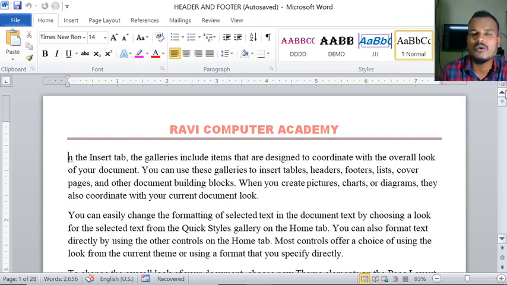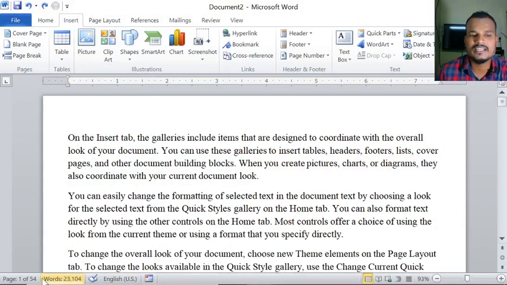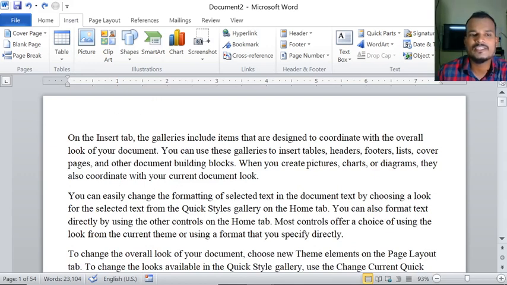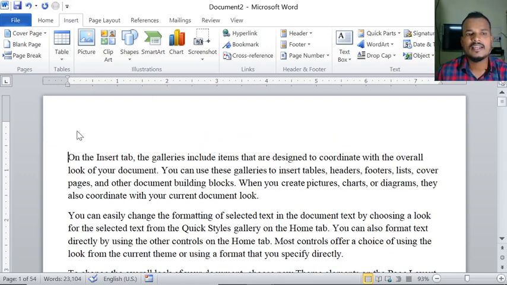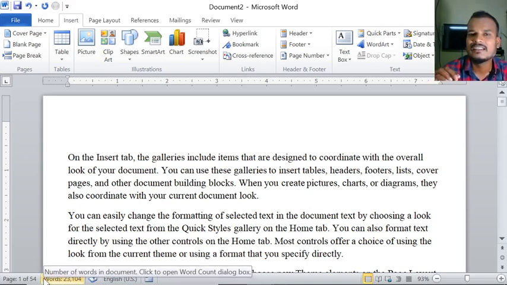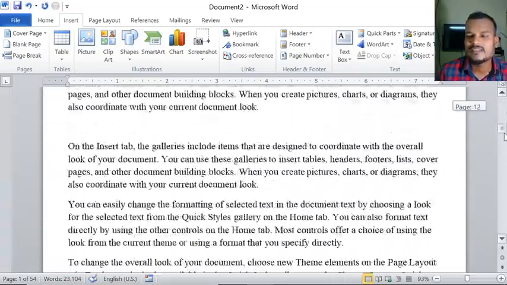Now let us see the procedure of how we can insert this header. See here, suppose you observe I have taken completely 54 pages, but here I want to mention at the top of the page Gurukul English Medium School as a header for 54 pages. If I type for each of the 54 pages, it takes much time. But here I'm inserting the header Gurukul English Medium School in the first page. You observe now, for each and every page up to 54 pages, it will come.